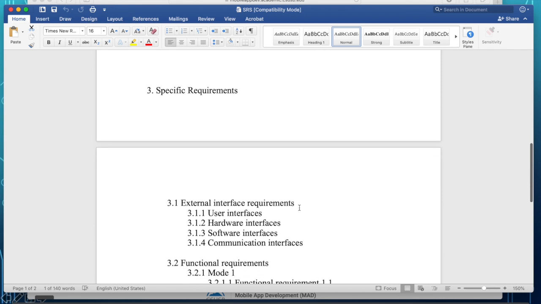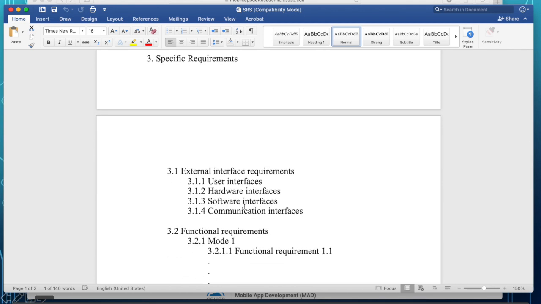Now the specific requirements, as I said, are the specific interface requirements. So specific requirements talks about the user interface. So the user interfaces that you have defined, remember, you define this in section 2, but what you have in there is just the list or names of those user interfaces.